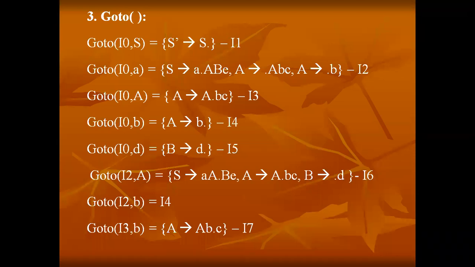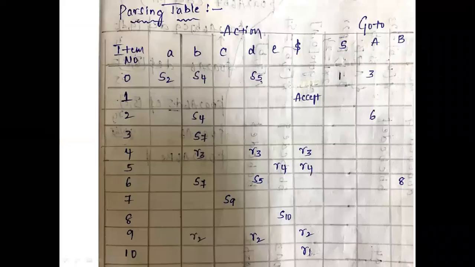And we check the overall computation, and in that computation we take the items along with the variables, and the number each represents. That means I naught with S is represented with item number I1. So we are only considering the number with the variable: when we perform the goto function on an item number with a variable, what new item number results. That's all we are considering here, right? Is it clear how to write the goto function for the non-terminals?